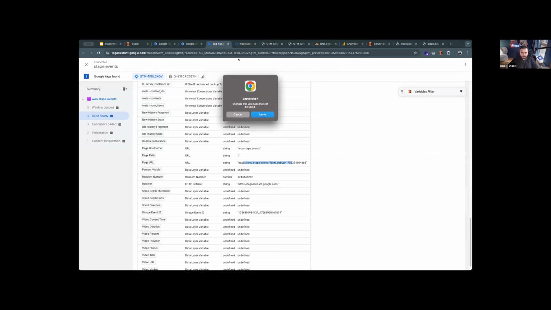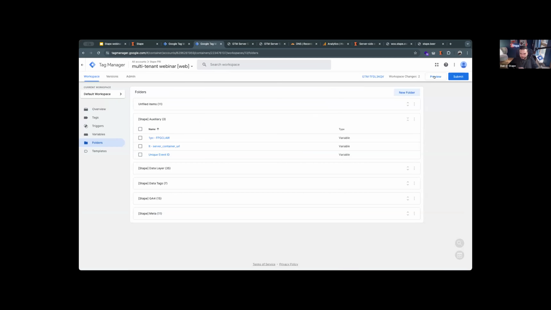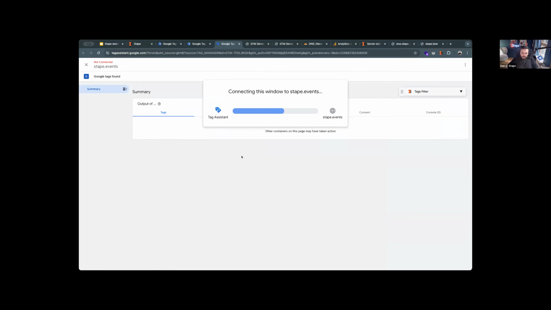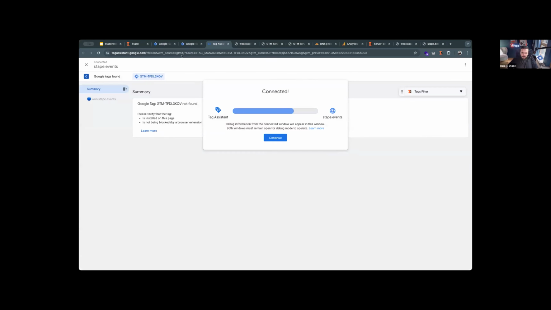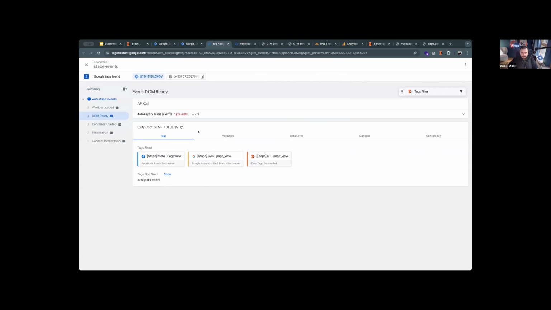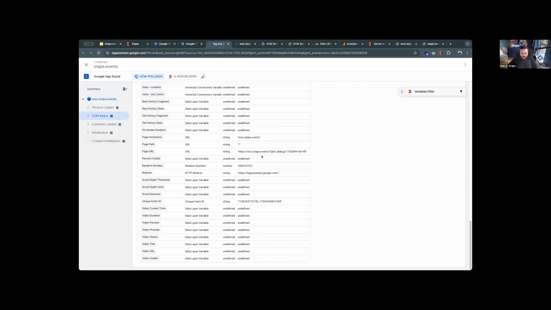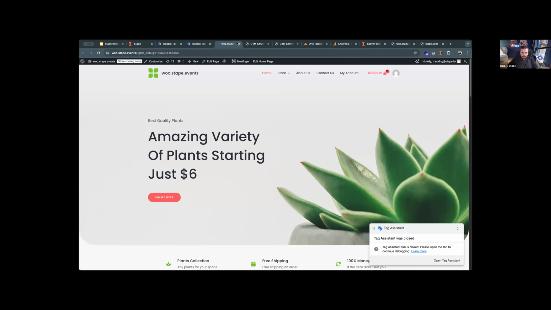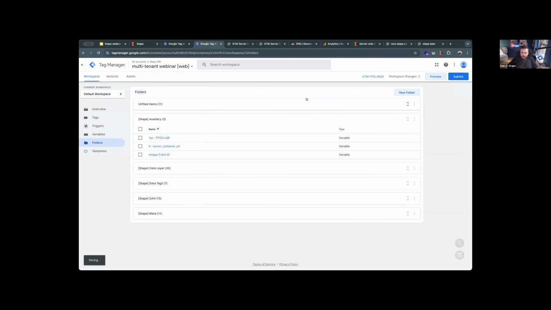We can relaunch this and we'll have our thing. Of course, right. I'm using a subdomain. I always forget that. So let the magic happen. I think it did. So we have our page URL, and then our lookup table has returned the proper subdomain, which matches, right? Obviously, if we were to launch the same on Stape Beer, just real quick, just to complete the cycle,